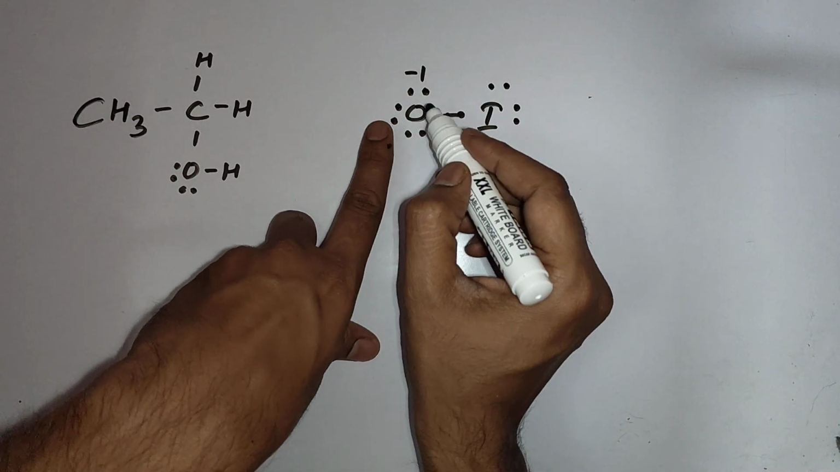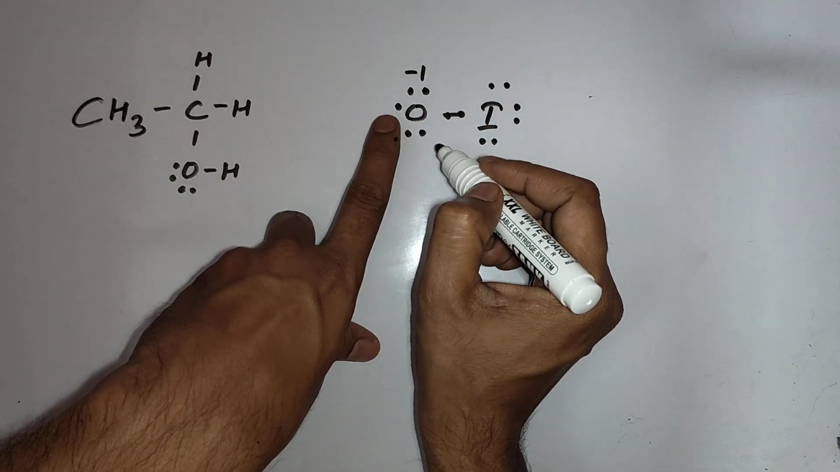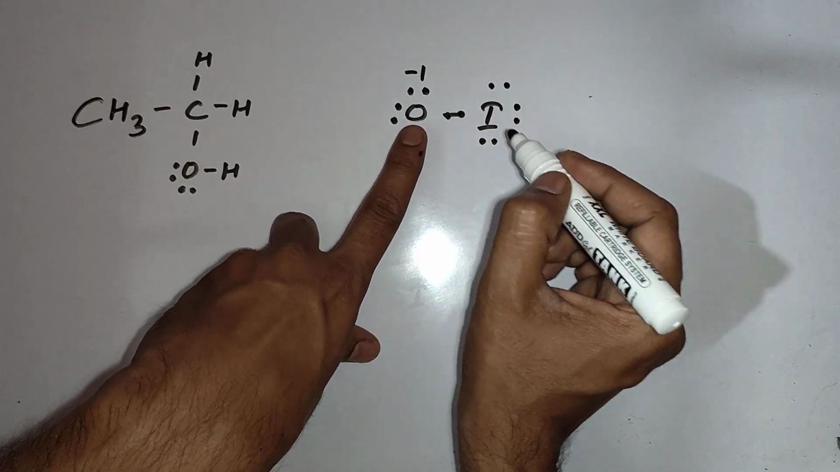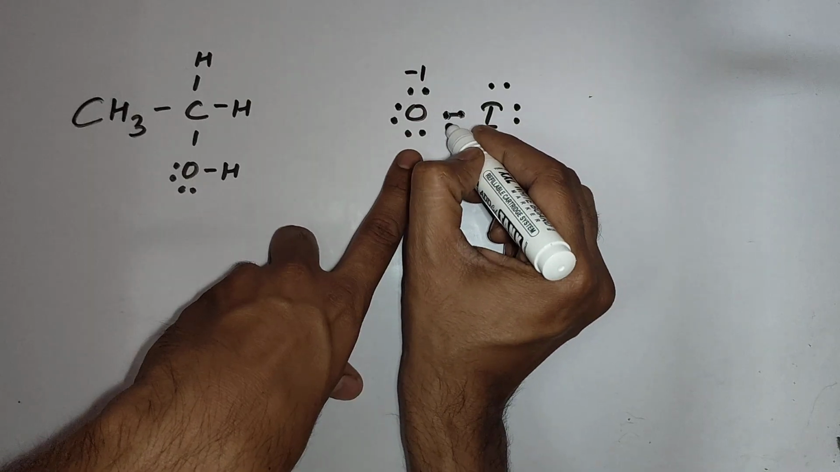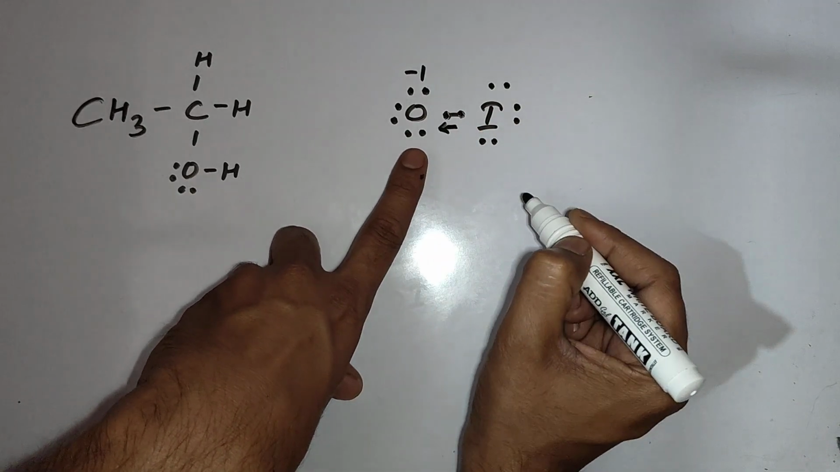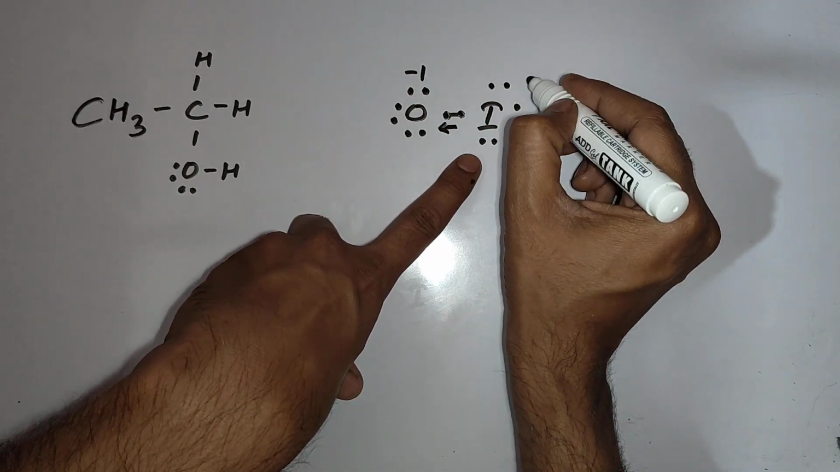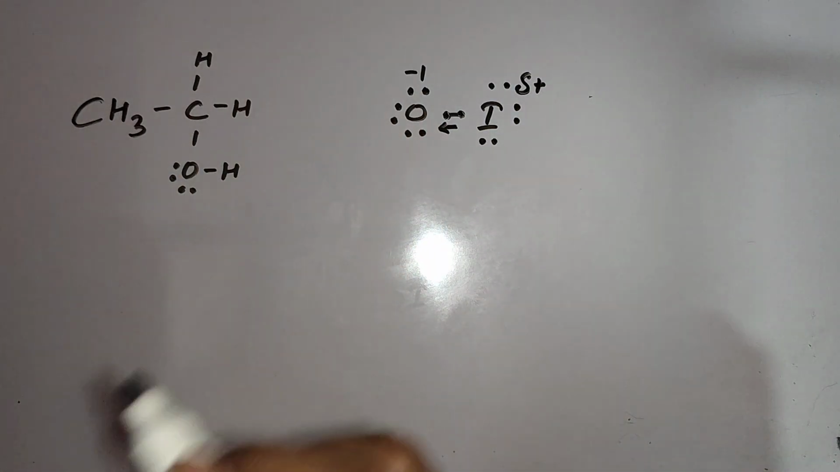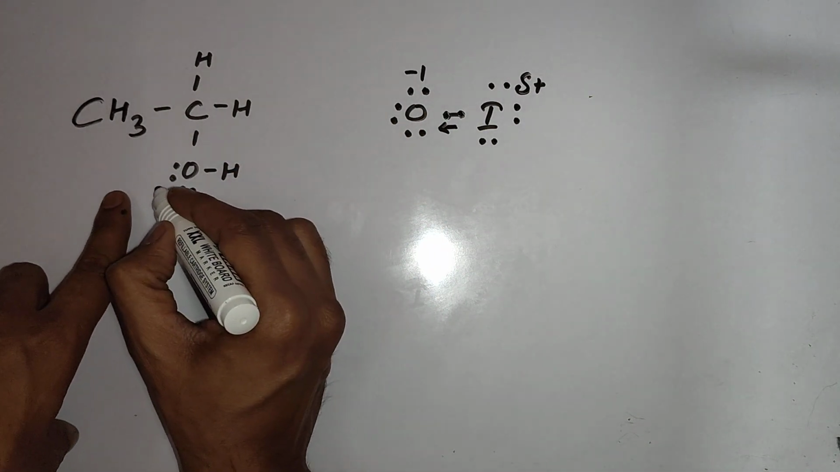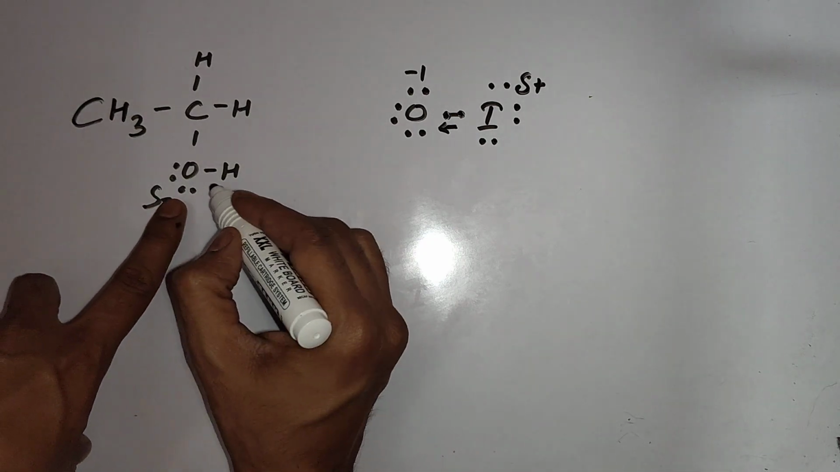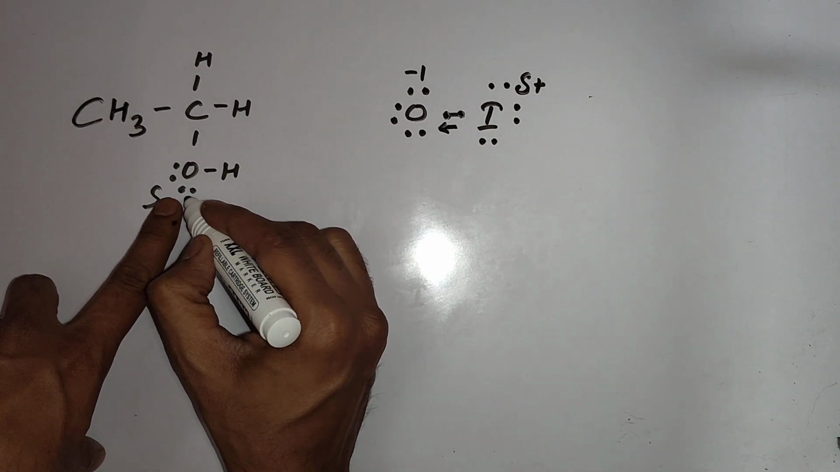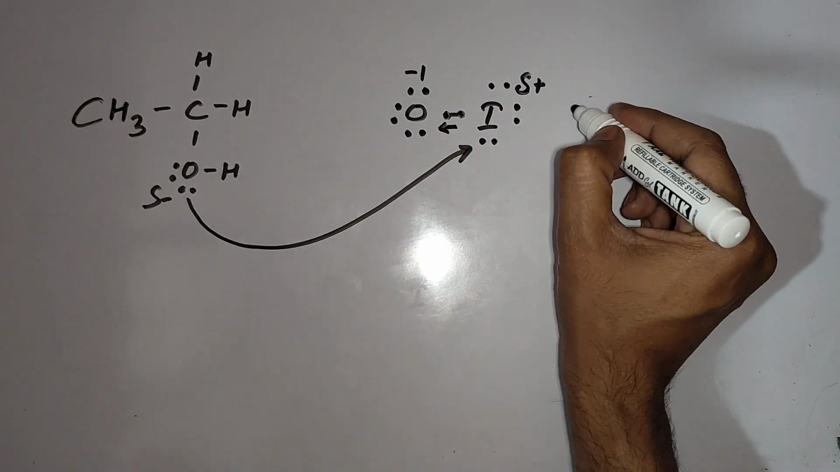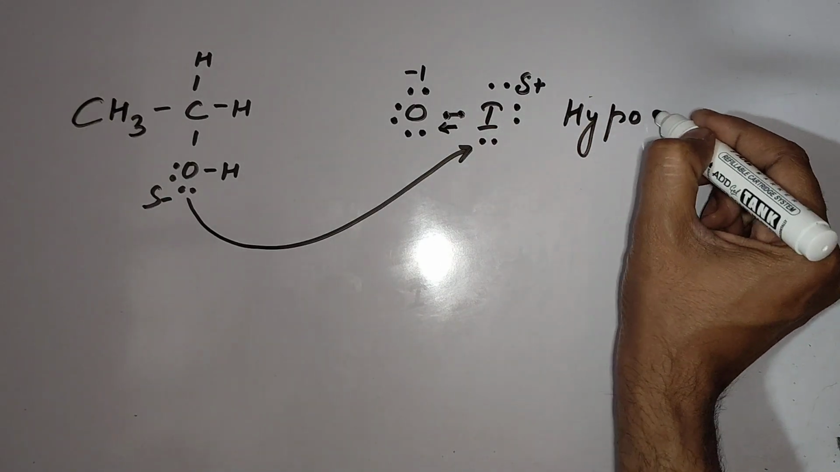In the hypoiodide ion, this oxygen is carrying a negative charge, and we know oxygen is more electronegative than iodine, so the shared electrons are more toward the oxygen side. That's why this iodine is carrying a partial positive charge. In the alcohol, this oxygen is carrying a partial negative charge, so this alcoholic oxygen will start attacking this iodine of the hypoiodide